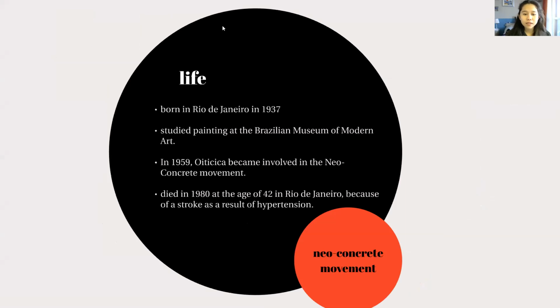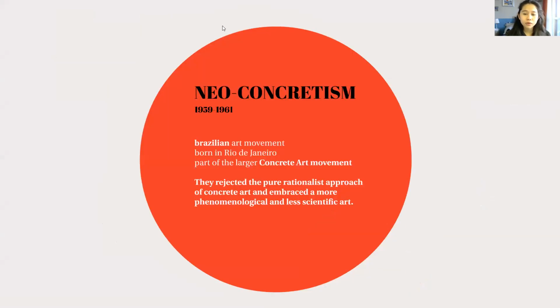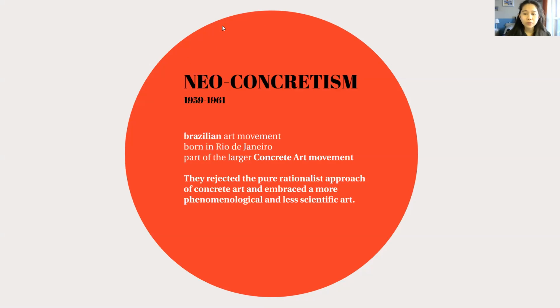And in 1959 he became involved for the first time in the neo-concrete movement. He died in 1980 at the age of 32 in Rio de Janeiro because of a stroke as a result of hypertension. And he was a neo-concrete artist, and neo-concretism was the Brazilian art movement born in Rio de Janeiro